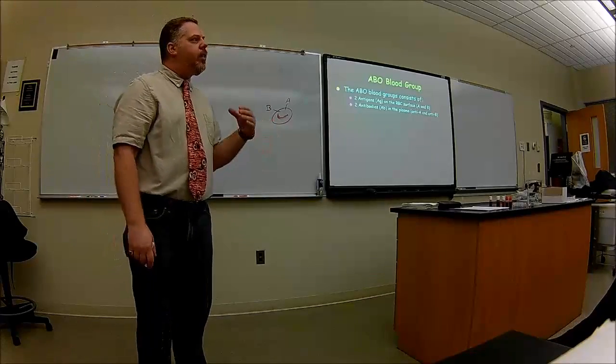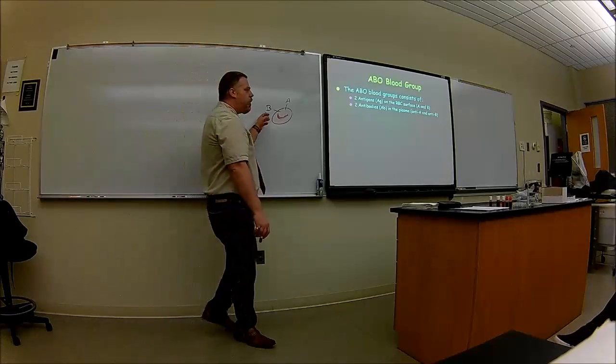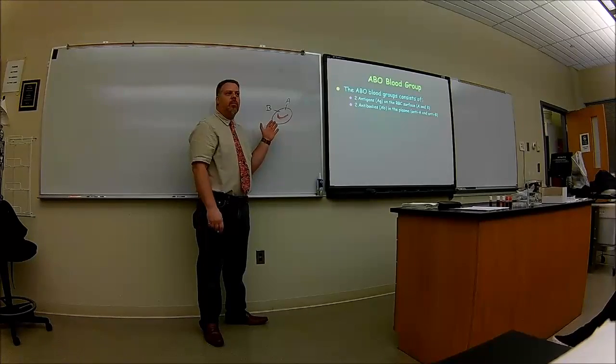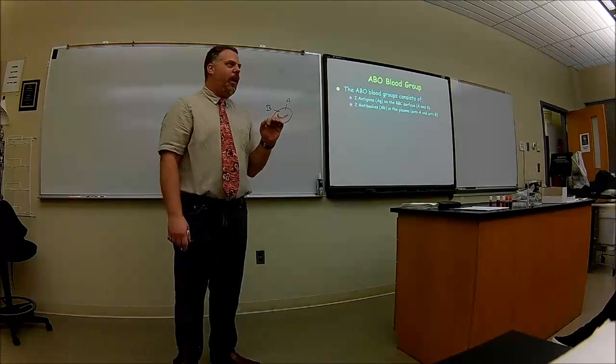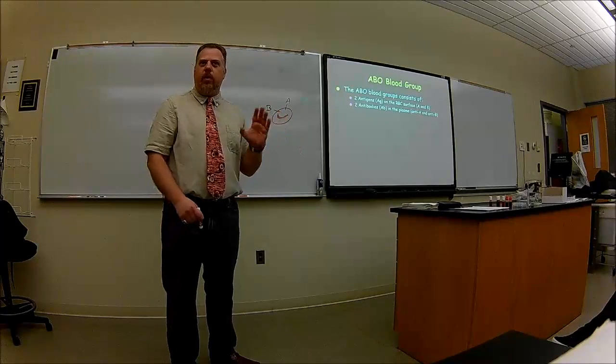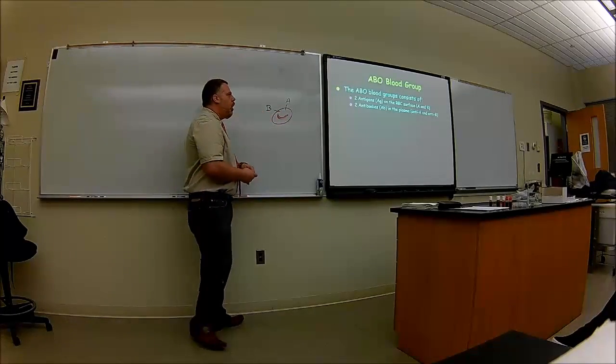If there's an A, we say the blood type is A. If it's a B, we say that there's a blood type B. If it's both, it's AB. If there's none, we say it's O. All right? Do we understand what antigens are? Okay? Now, we also have